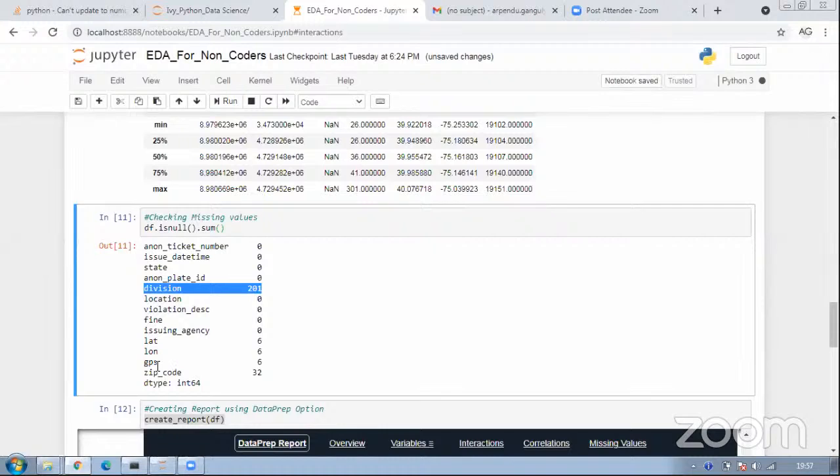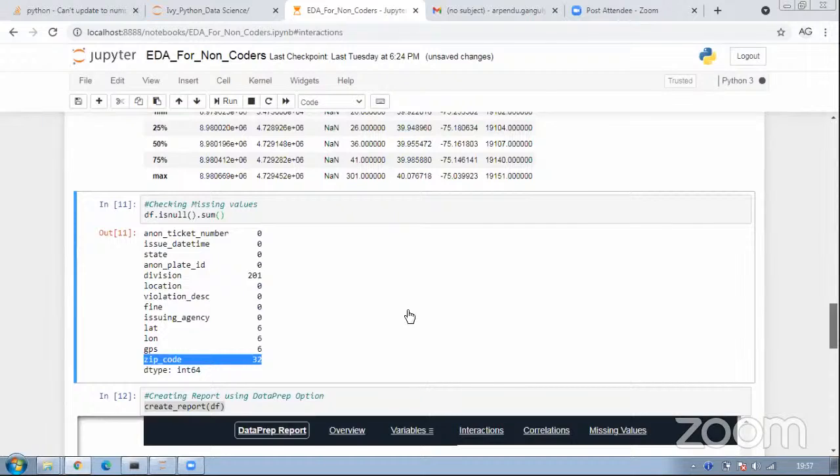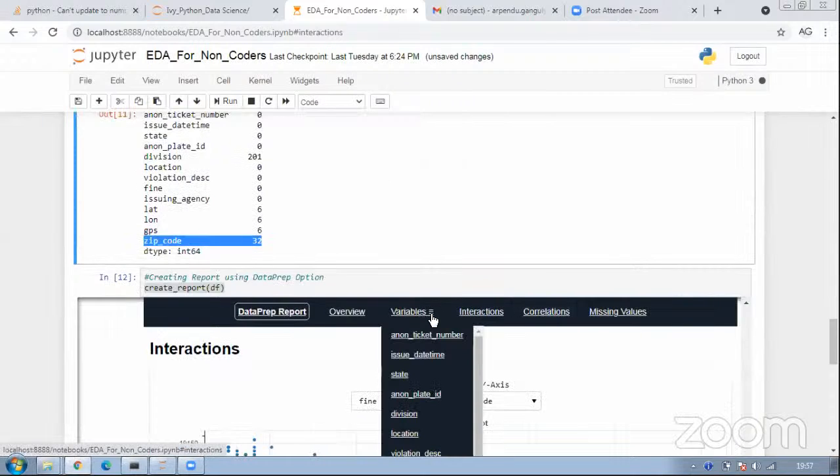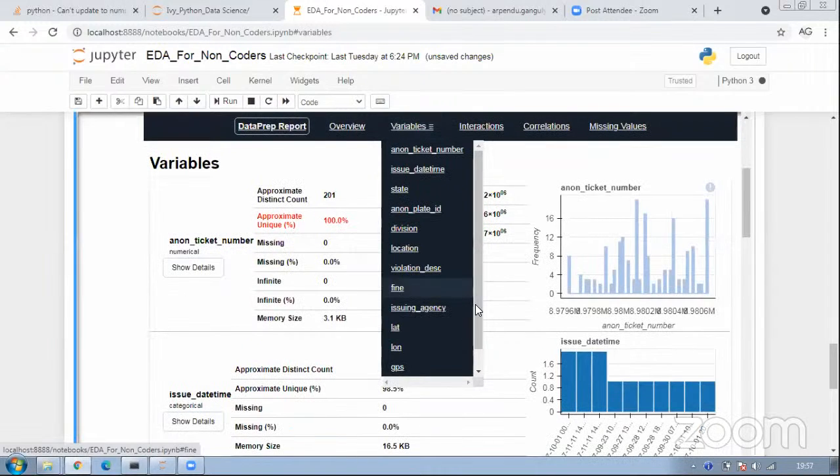Second, in terms of missing values, zip code has 32 missing. If I go in terms of percentages, and let's use zip code, then I know the percentage of missing variables.